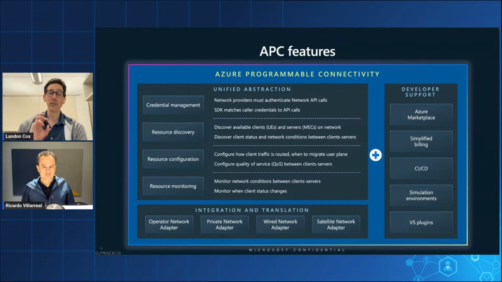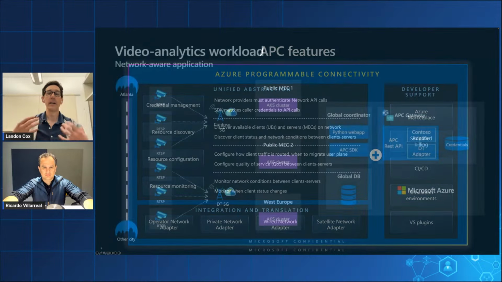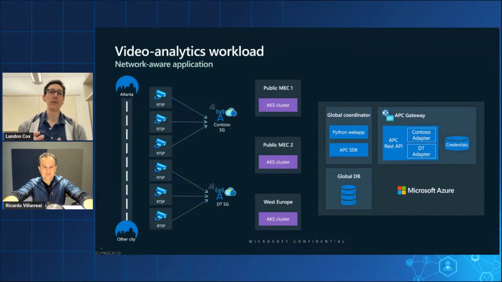And so regardless of where this code is deployed or where the clients and servers are, the code should never have to change. We make sure that all of the translation happens inside of APC. Okay. So to show off what APC is really capable of, I'm going to walk you through a simple and